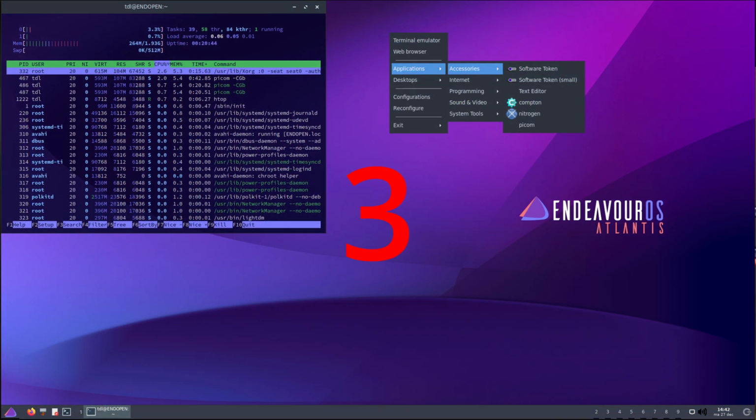On 3rd place we have our second surprise, and that is the OpenBox window manager. OpenBox is a highly configurable window manager with extensive standards support. OpenBox is one of the easiest to use and set up window managers out there, and it has the right click menu, which is the easiest one to use. To me it's a kind of hybrid environment between a full desktop environment and a window manager. It's very fast and just lets you do your job without getting in your way. As this is also a community edition of EndeavourOS, they did a very nice job on it, and it uses about 264 megabytes of memory after a clean boot.